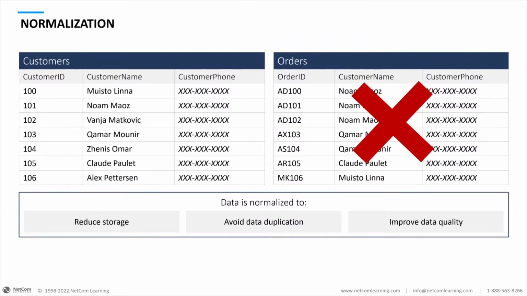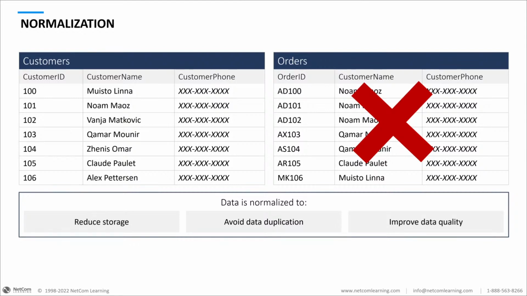So data normalization is done to accomplish three things. One, reduce storage. I know it sounds silly. It's like, well, if we're creating multiple tables, then how are we reducing storage? Overall, we are, because the total number of bytes required to store that information is reduced compared to putting it in a single table. It also helps to avoid data duplication, because in a single table, it is possible that we would have somebody who lives at the same address, right?